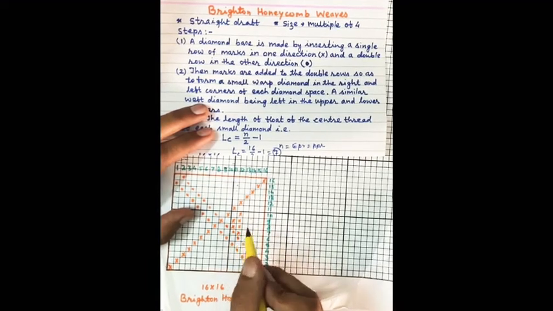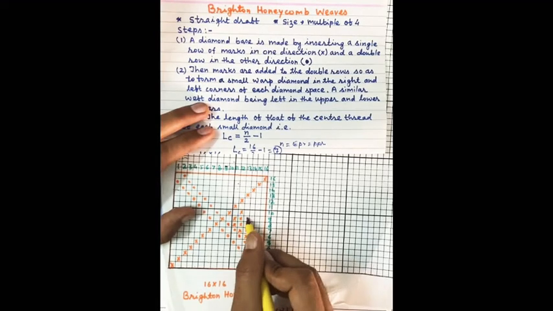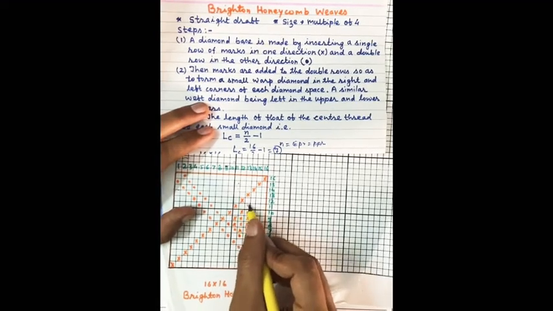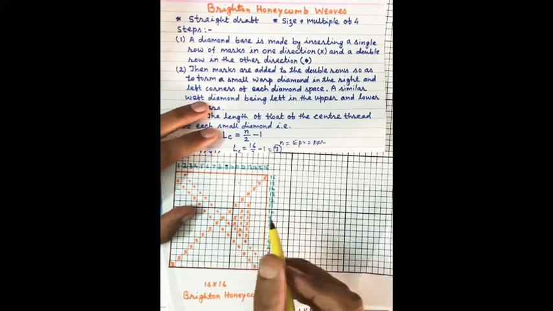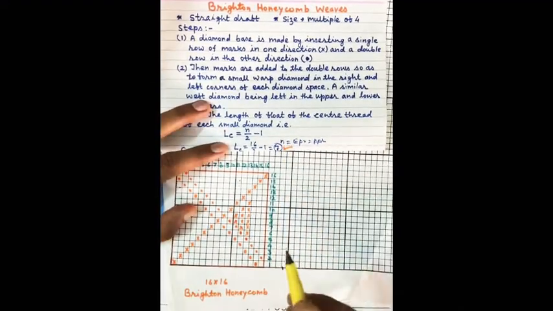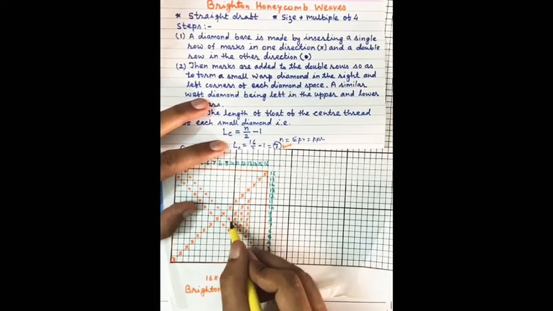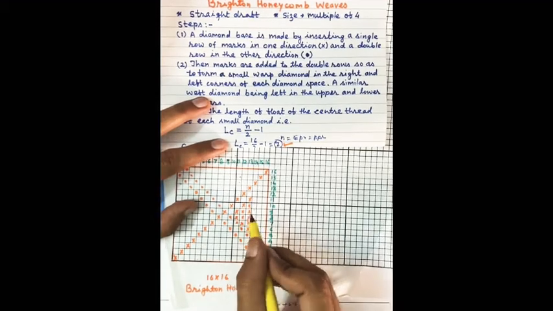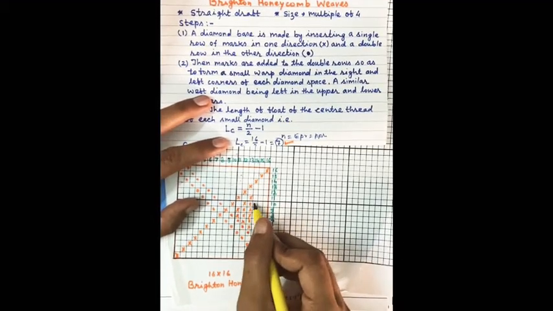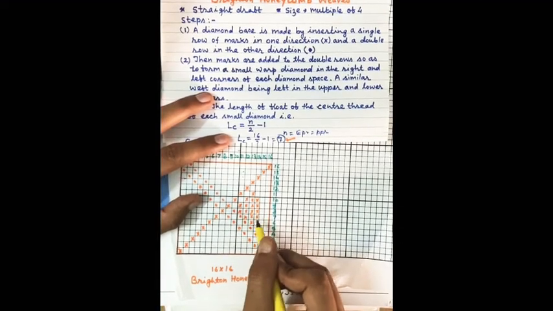So float of 5, and then the maximum marks which can be added here are 6 and 1 of double row, so it will become 7. And if you remember, 7 is the maximum float, the length of the center thread. So here we will stop this gradual increment in the floats, and now we will gradually decrease to create a diamond. And diamond is symmetrical about the vertical and horizontal axis.